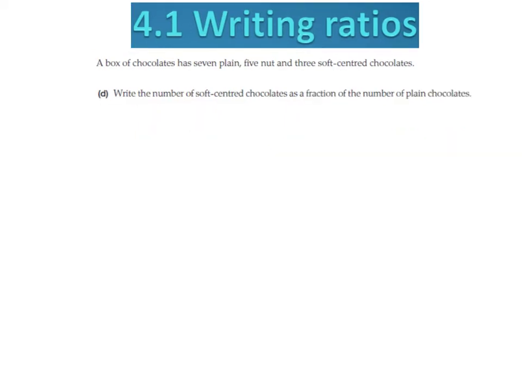Okay, this is the last question or example that I'm going to give you for the writing ratios information. This question is asking, write the number of soft-centred chocolates as a fraction of the number of plain. Again, we can write this out in words. I would have soft